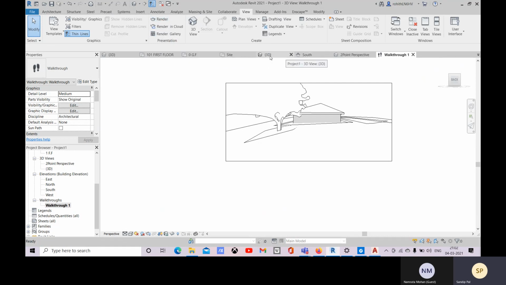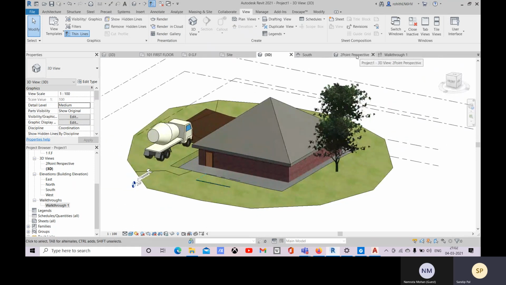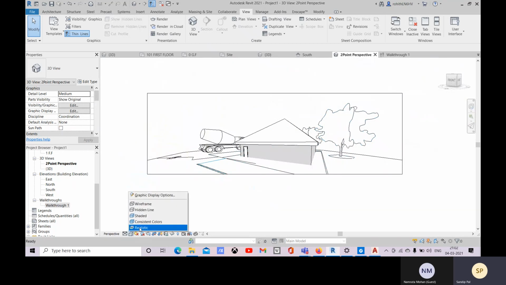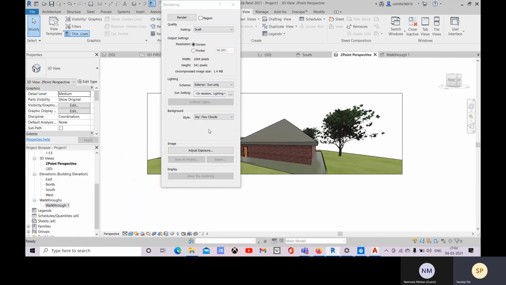You can come to this view, or any particular view. If you go with the render option, there you can go to this region and select a particular area. If you want to render only a particular area, go to this region, or if you want to render the whole view, you can go to this render option.